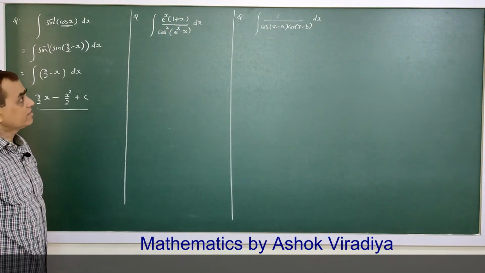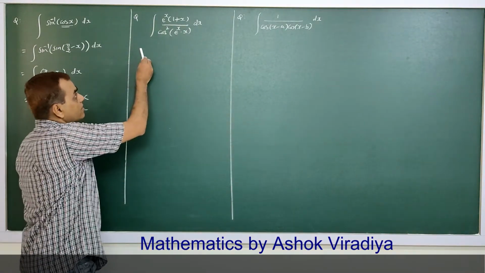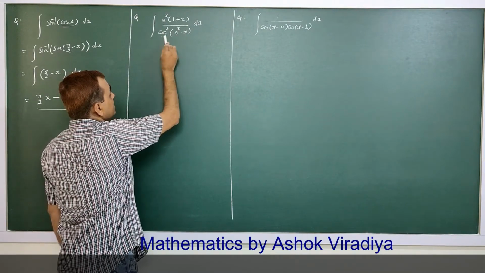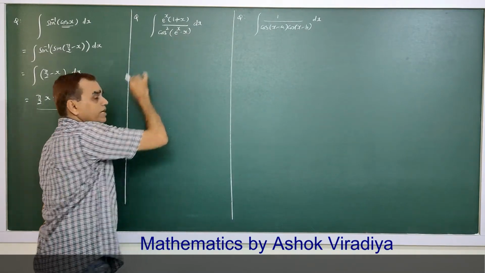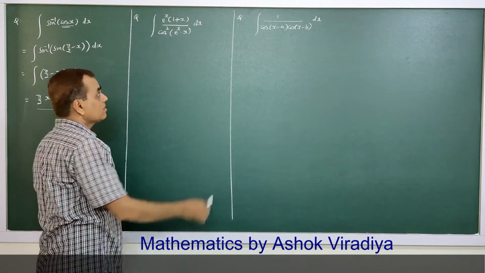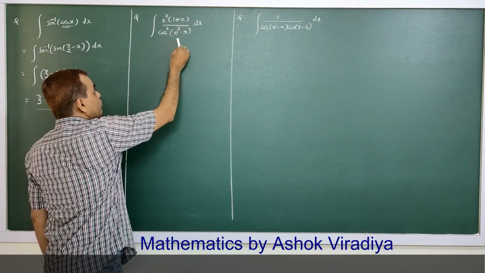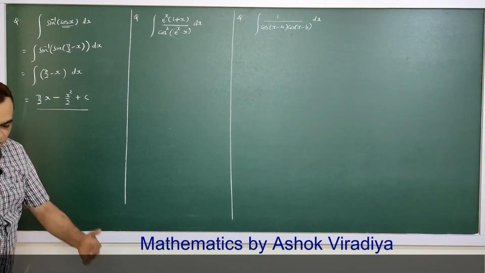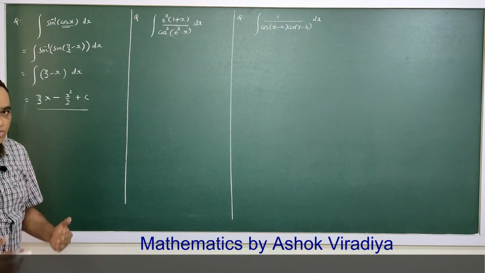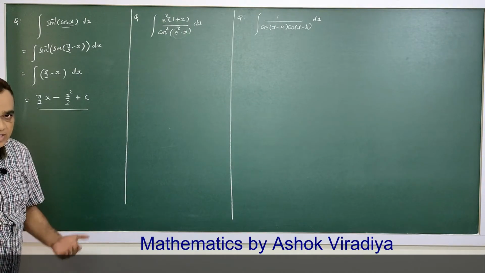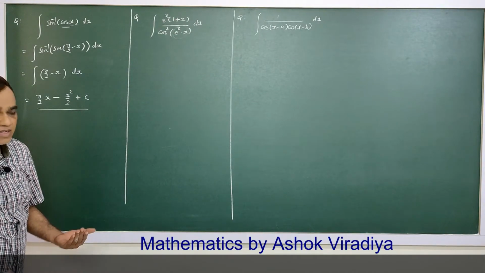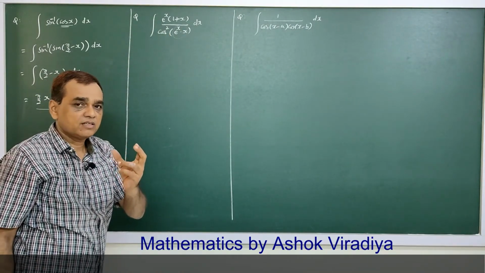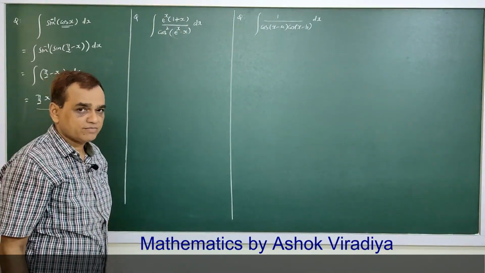Now look here. Here cos square of e raised to x into x. This is a composite function. Observe the denominator. Until we remove this part, we can't do anything, because in the list of formulas we have cos x, sec x, tan x, and the inner function is not x. It is e raised to x into x.